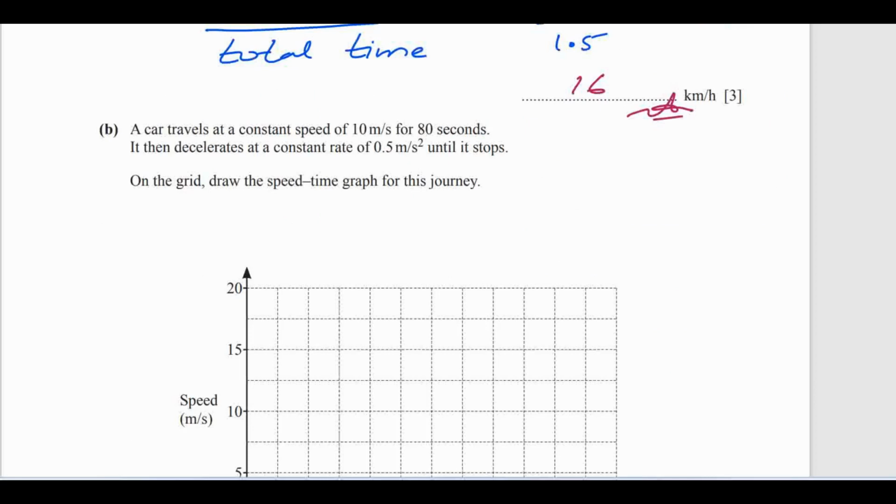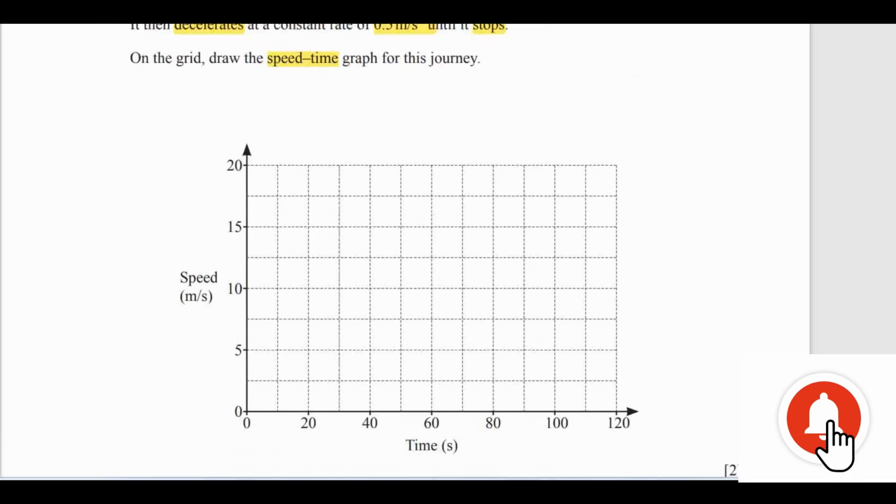A car travels at a constant speed of 10 meters per second for 80 seconds. It then decelerates. Decelerates means that the acceleration will be negative, at a constant rate of 0.5 meters per second squared, until it stops. It stops means the final velocity will be 0. On the grid, draw the speed-time graph. We have to make the speed-time graph of this. For the first 80 seconds, they said 10 meters per second, so this will be equal to